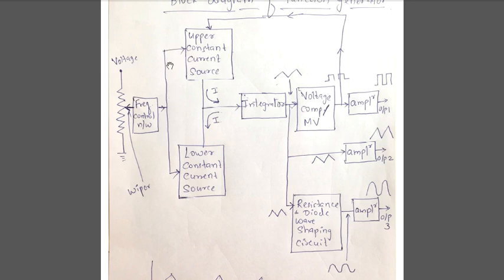So because the input to these two blocks has changed, obviously the current which they are providing has also changed. If the current which they are providing to the integrator has changed, it's but obvious that the output voltage generated by the integrator will be directly proportional to the input coming to the integrator. So if the output voltage changes, it means that the slope of this ascending and descending triangular waveform will change. If the slope changes, it means that the frequency of this triangular waveform has changed.